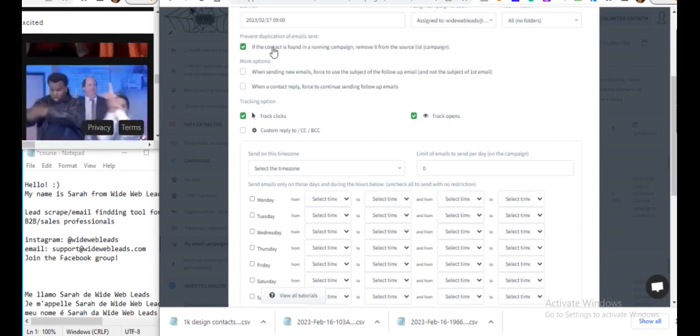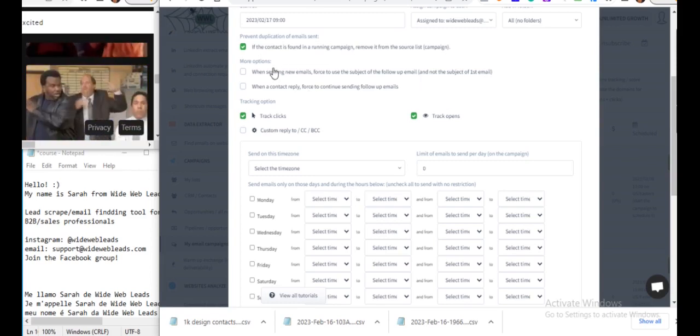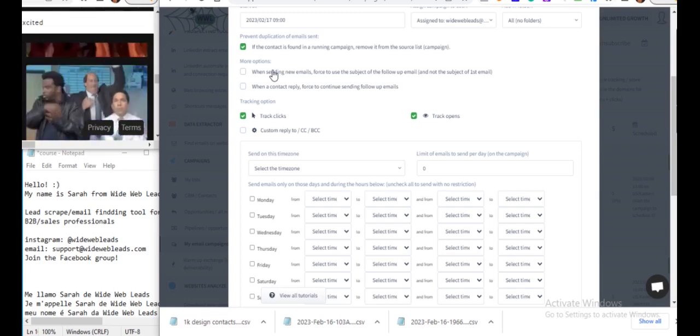Definitely leave this clicked. If the contact is found in a running campaign, remove it. We just want to leave everything the same here. We don't want to force the subject of the follow-up email. We want to keep it in the same thread, and the only way to do that is to leave the same subject as the first email.